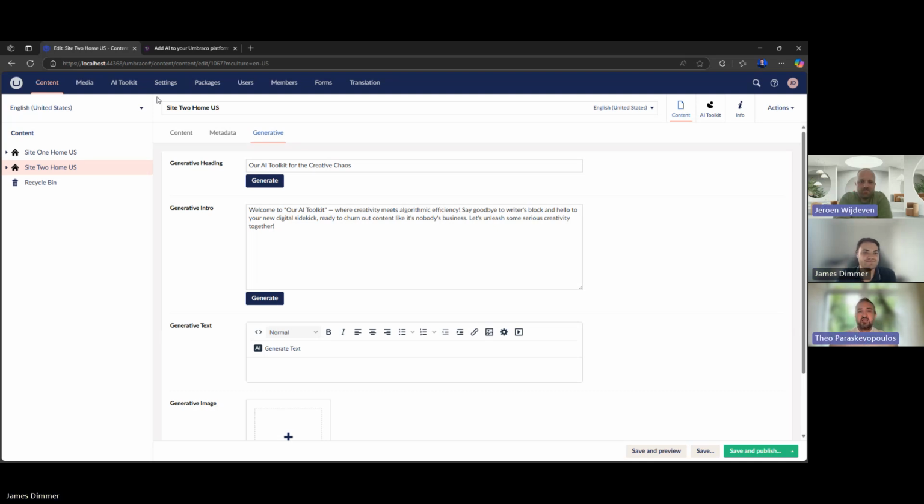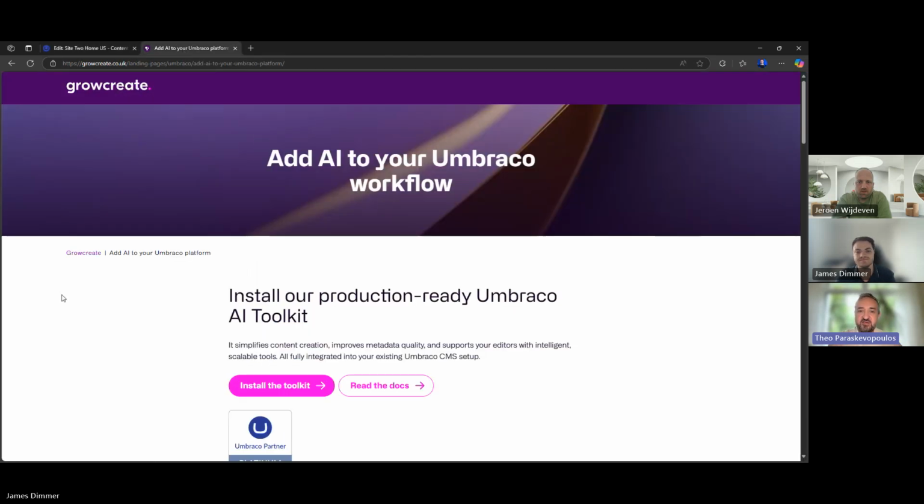Okay, brilliant. Let me go back a little bit, zoom out a little bit, and go back into the architectural element and into how significant this is, and also what we're hoping to see next. Jeroen, from your side, what do you hope to see next, both in terms of AI and Umbraco? We mentioned a couple of areas, but where would we see the most impact from this technology?